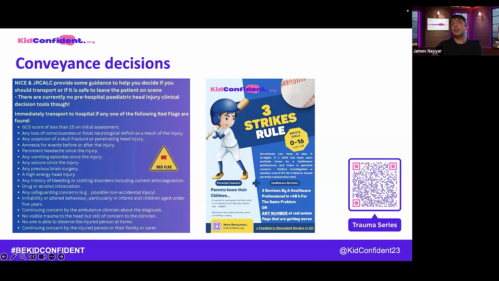Because the only decision tools really at the moment about whether somebody has got a severe head injury are based around the need for CT imaging, and that's not really a thing for us. Needless to say, all children with severe head injuries should probably go to a children's major trauma centre, especially traumatic head injuries. And there is a map available using the QR code, and they're often different to the adult MTC, so it is worth you having a look.